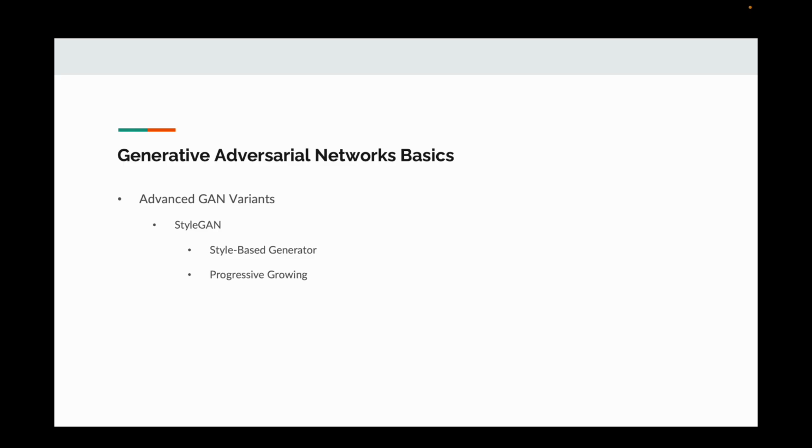We have progressive growing. Like progressive GANs, StyleGAN uses progressive growing techniques for higher quality images. Applications. StyleGAN is popularly used in art and design fields and in applications where detailed synthetic faces or complex scenes are needed. BigGAN. BigGAN is an advanced GAN designed to produce high resolution images with improved diversity, often trained on